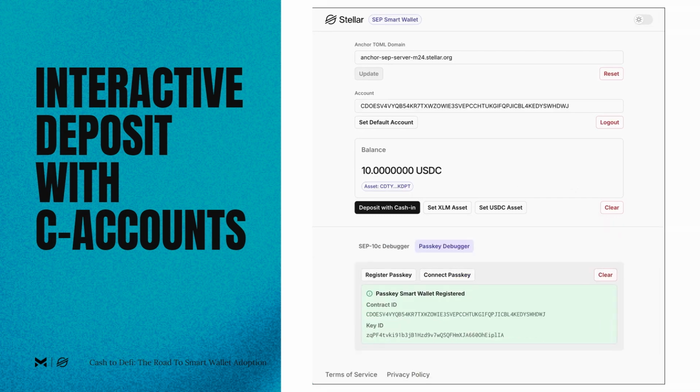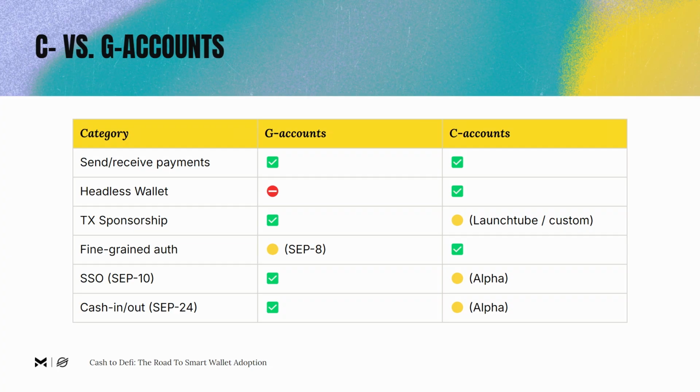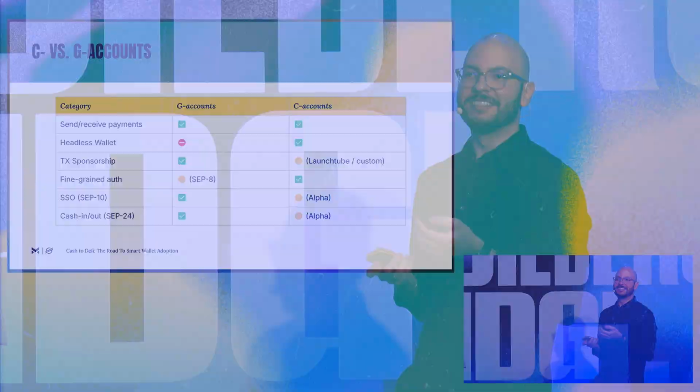So yeah, pretty uneventful. I think that's the point here. It's super simple. The same experience that we were able to deliver with G accounts, now we can do with C accounts. So that bridges the gap on the things that were super important for us to get this ready for prime time. I put that as an alpha, and the reason is that we need you to tell us whether we got it right or not. Interoperability standards are only as good as how many people actually use them.